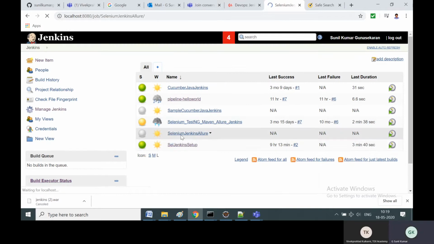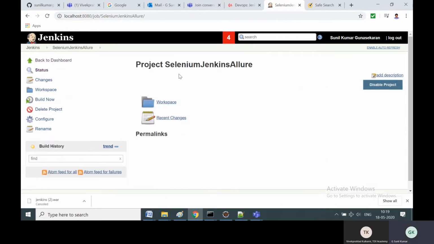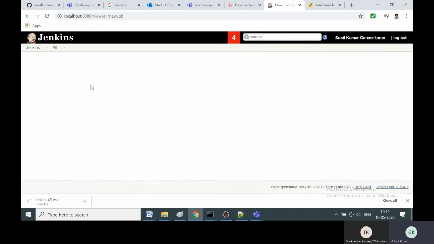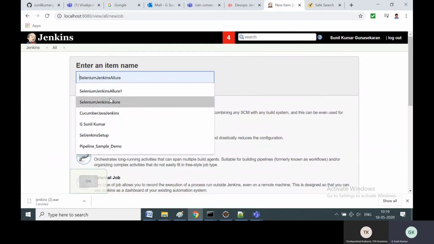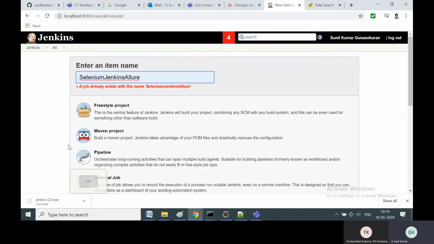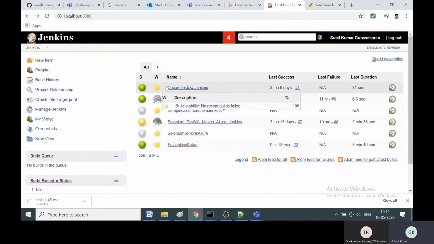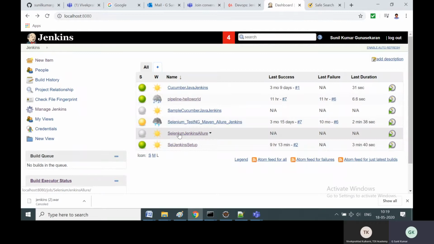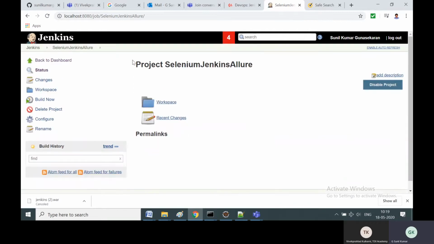I'll show you how to set up the Selenium Jenkins Maven project. The project name will be Selenium Jenkins Allure, which you will create by clicking new item. In the new item, you will type Selenium Jenkins Allure, then click Maven project and click OK. Once you click OK, the project configuration opens up, and the project is also added in the dashboard. Once it is added, you can click Selenium Jenkins Allure again, and then click configure.